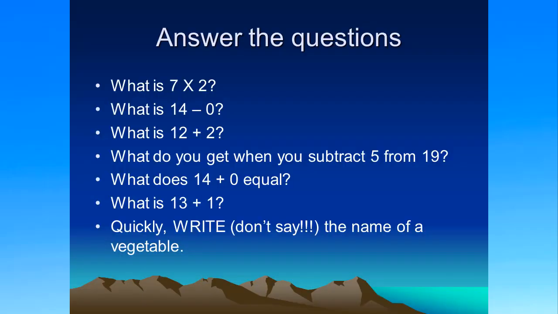So basically in this carrot exercise, you're asked to answer some math problems. And they're very simple math problems, and they all end in the number 14, right? What's 7 times 2? 14. What's 14 minus 0? 14. Seems kind of lame at first when you first go over these, but the point is what you're doing